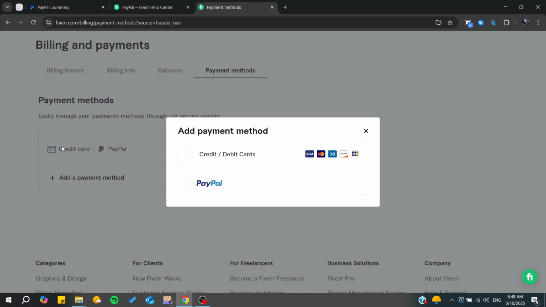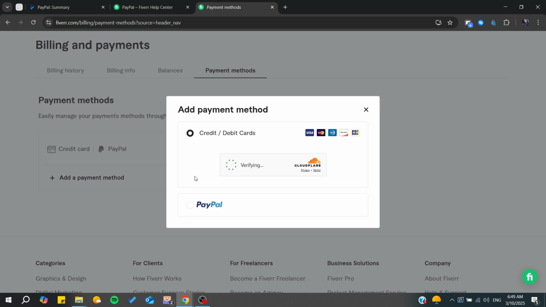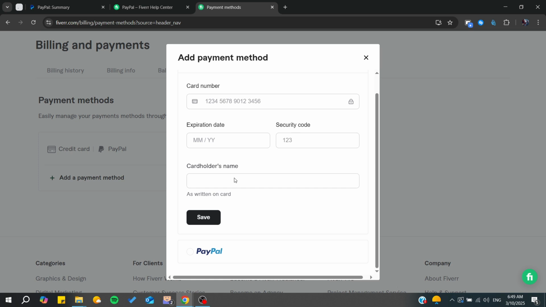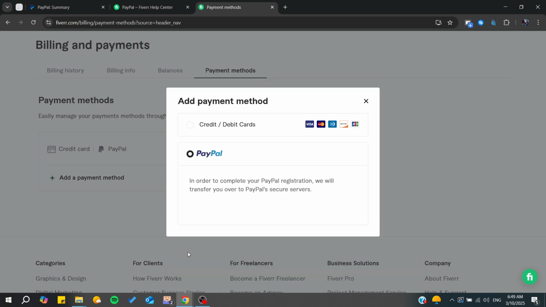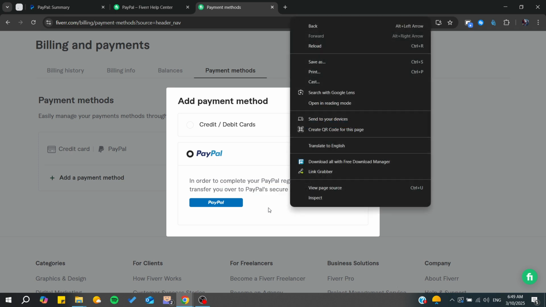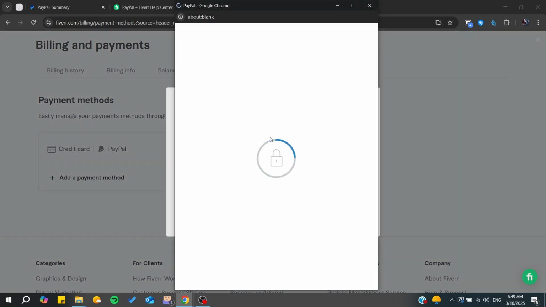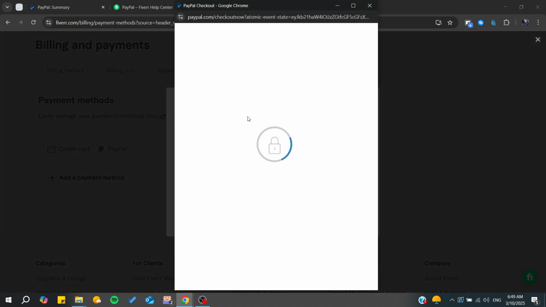And simply, the first thing would be either to choose a credit or debit card. And from there, you can start adding the information of your debit card, or we can simply choose PayPal. And basically, in order to complete your PayPal registration, you will be transferred to the PayPal secure servers. So basically, you click on this PayPal button and then it will take you to another pop-up so you can